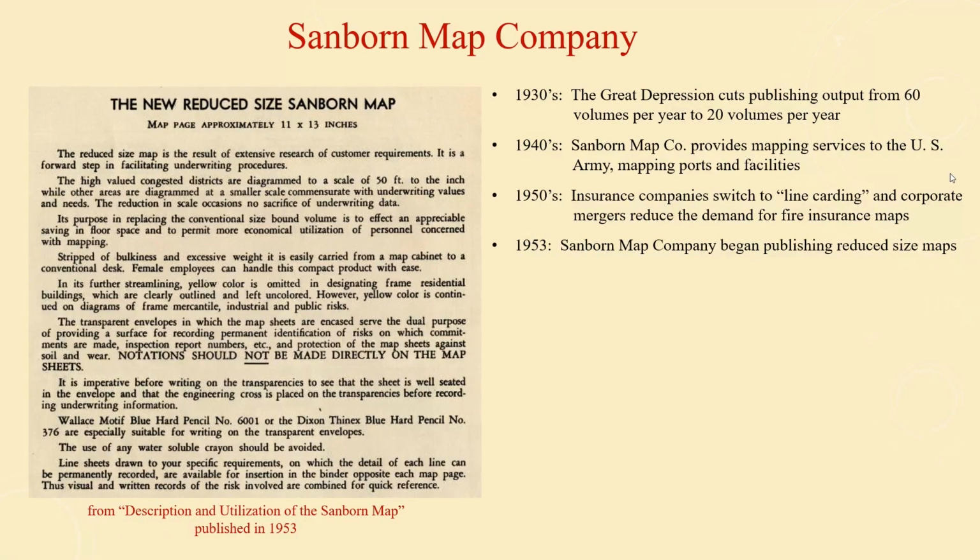Here's a page from a publication Sanborn put out for insurance agents to explain how to use their maps. I've got a couple of links over on the right side. This was printed in 1940 at first, and then it was updated in 1953. It tells how to use the maps, and it kind of explains everything we've just gone over about the symbols and everything for the insurance agents. And this page I've got up here is from the 1953 edition, where they're explaining about their new reduced size maps, which are 11 by 13